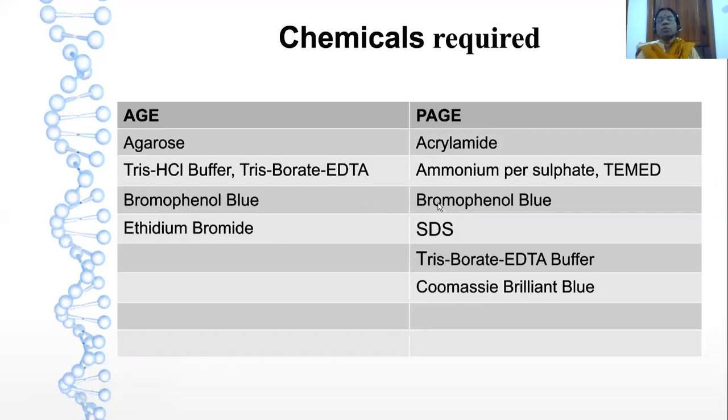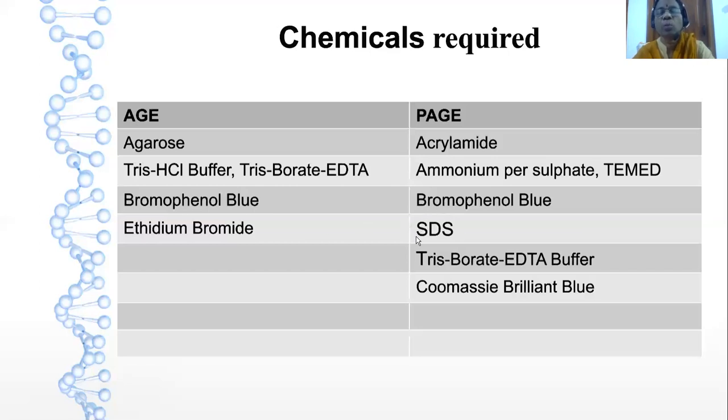Bromophenol blue is common because it is a tracking dye. As we know, our samples will be colorless. Protein, DNA or RNA, they are colorless. If you have extracted something from any tissue or from any bacterial cells, our DNA or the protein will be colorless. Because we would want to purify or isolate them, we need to coat our sample with the tracking dye in order to identify how far our samples have moved in the gel.